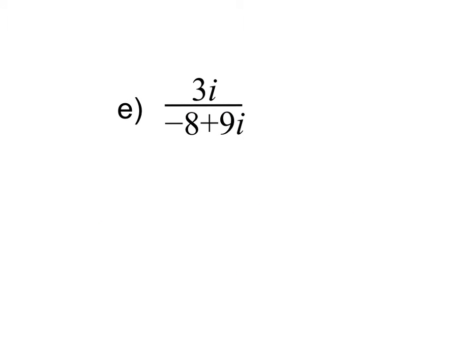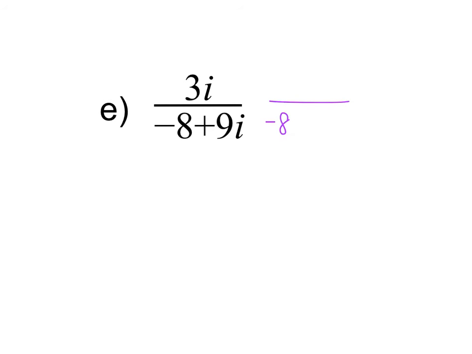Okay, letter E. Got another one we have to do the conjugate for, and you have to do the conjugate when there's a binomial in the denominator. So the conjugate of this one would be -8 minus 9i. There's a bunch of i's in this problem. Okay, so that would give you